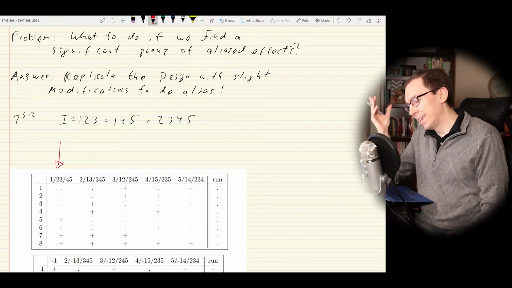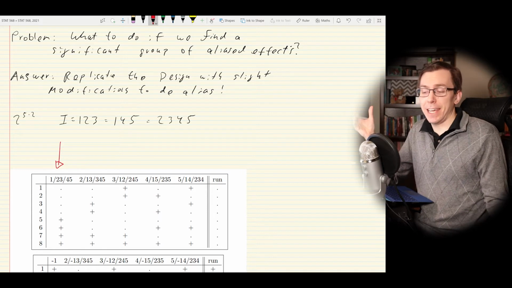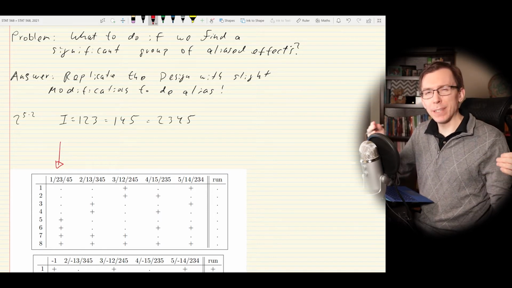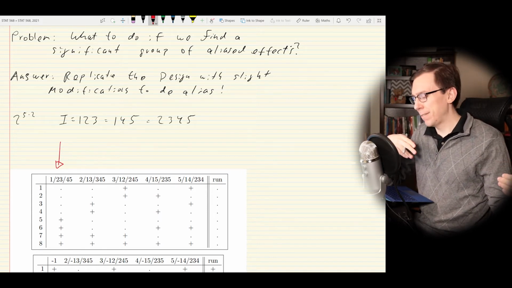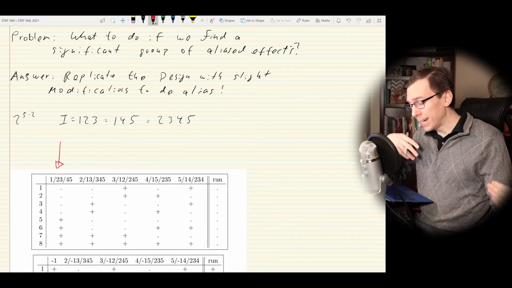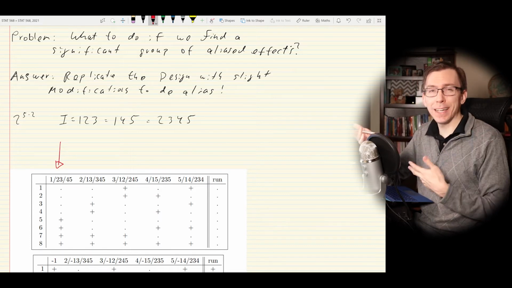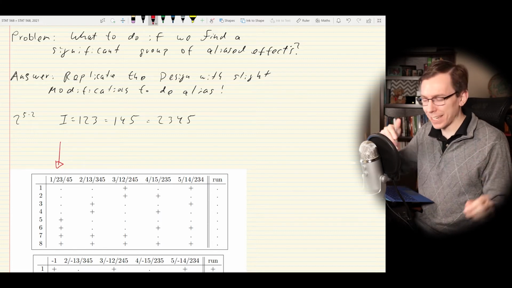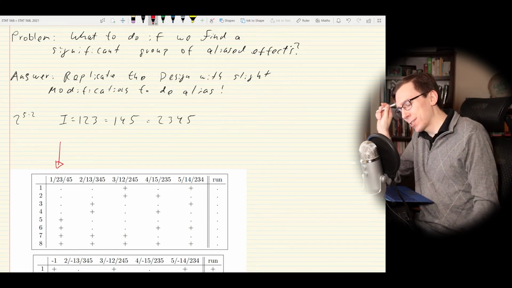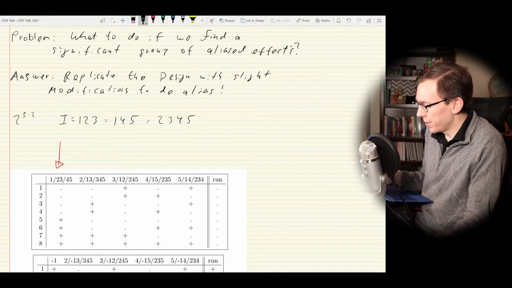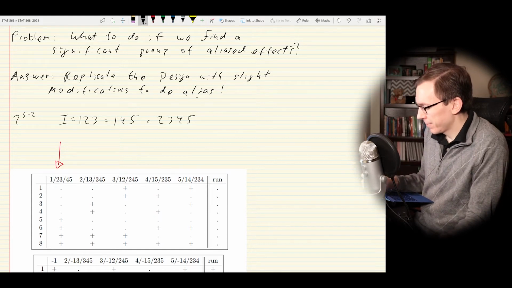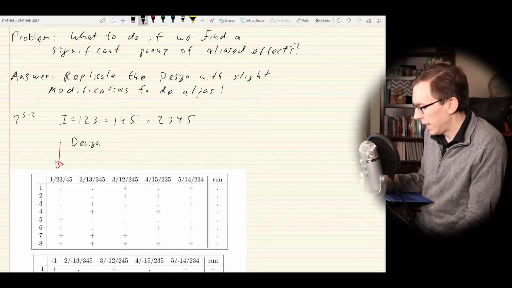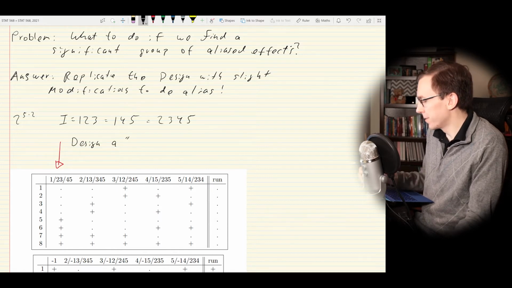Now, again, we could just say that significance is probably coming from the main effect of factor 1, but we have two-way interactions which could somehow be bleeding into the significance here, and we need to figure out what's going on. So what we could do is design what they call a fold-over